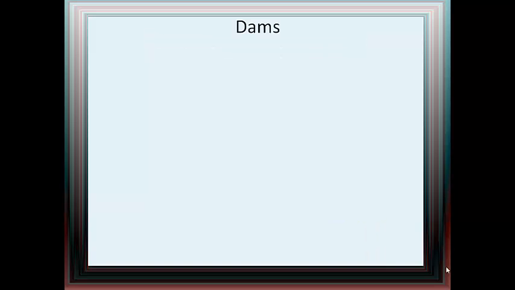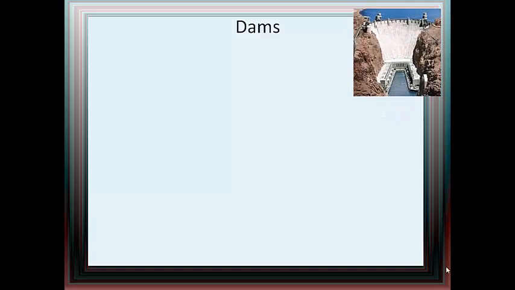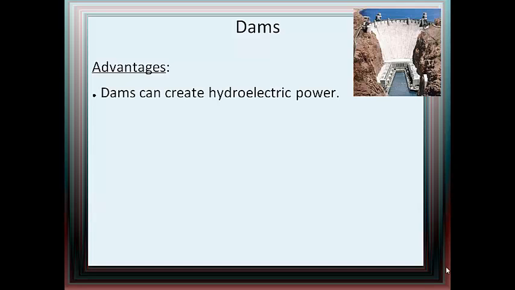Let's now change gears. We don't have a lot around here, but let's talk about dams. That's a picture of the Hoover Dam, one of the most amazing pieces of architecture in the United States. But dams have a lot of advantages for a population of people. Dams can create hydroelectric power. Down here in the picture, you'll see, if I can get the mouse working, as the water comes in, it generates turbines underneath, which create huge amounts of electricity for large, vast areas out west in Nevada, California, New Mexico,